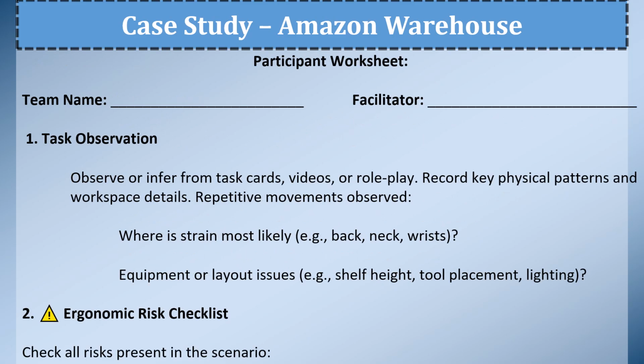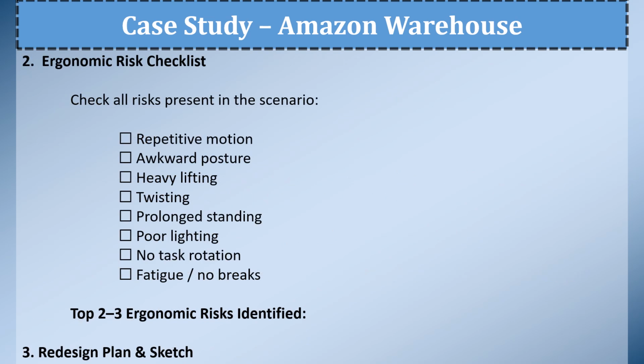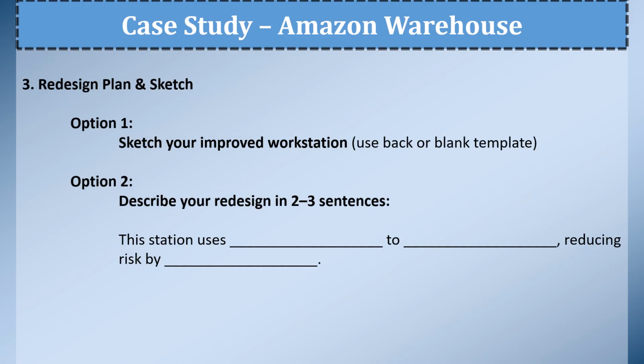So this is the participant worksheet. You need to write down and copy them. You have a task observation, and an ergonomics risk checklist. In this way, you need to make a checklist, a redesign plan, and a re-sketch. This is option one, and option two,